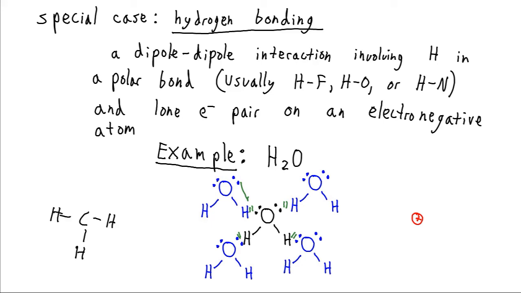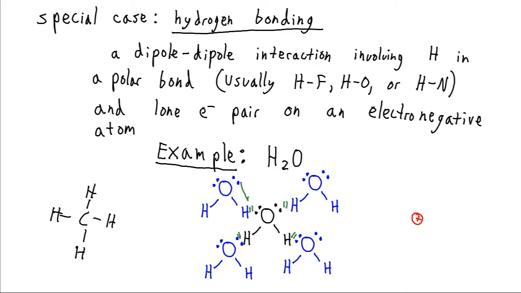First of all, carbon and hydrogen have very similar polarity, so there's no dipole there. There's also no pairs of electrons floating around for the hydrogen to associate with. So in this case, there's no hydrogen bonding. In this case, there is. So you have to pay attention to what hydrogen is attached to and whether there are any of these lone